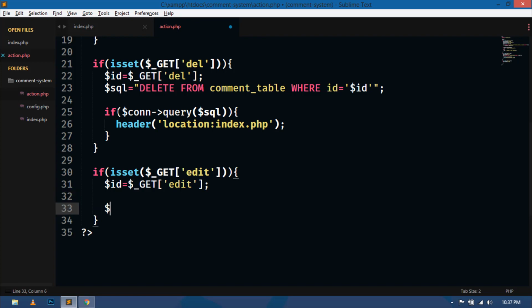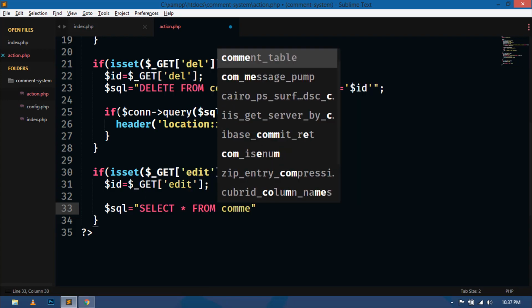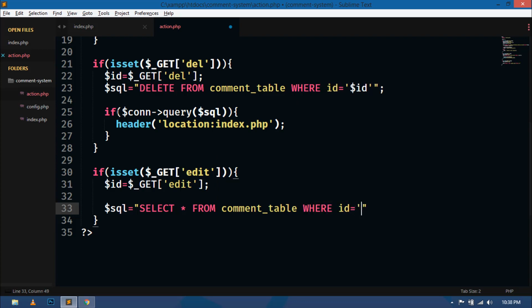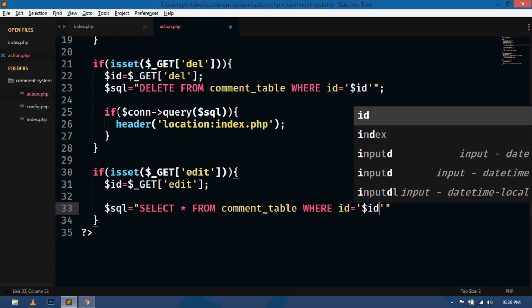Run a query SQL: select asterisk from comment table where id equal id. Okay,